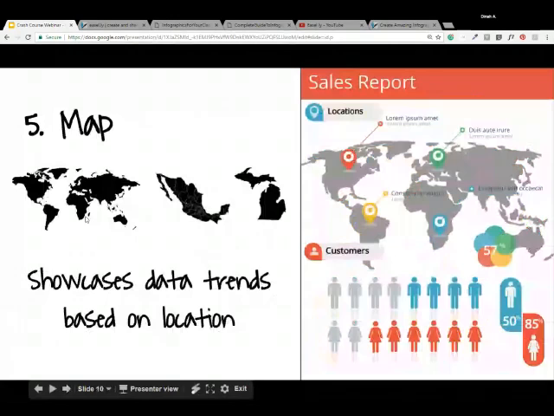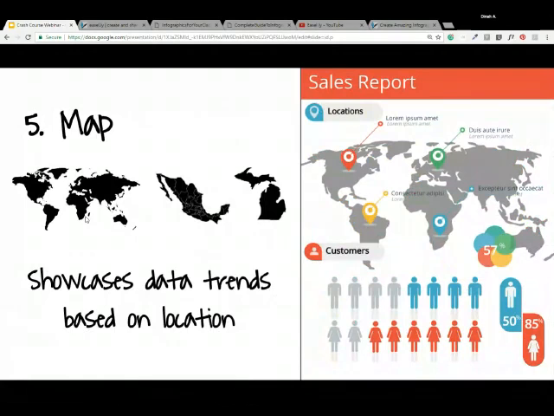Okay, number 5, the map. Now, the map showcases data trends based on location. And this is great if you're looking to showcase demographic information tied to a geography, if you're looking to maybe represent sales information tied to a geography,